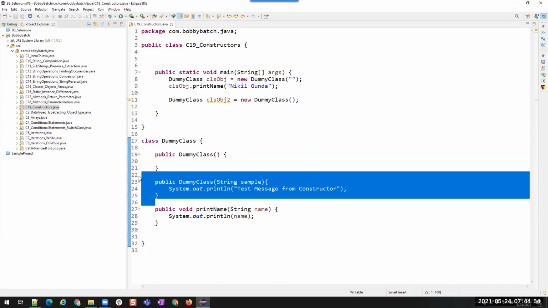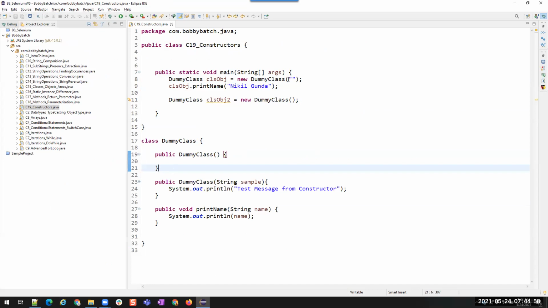Constructors are the first thing that gets executed. If you want to pass some values to this class whenever the user is creating an object, then you should use the constructor with parameters. If you don't have anything that needs to be passed, then you can use a constructor without parameters. It's up to us.